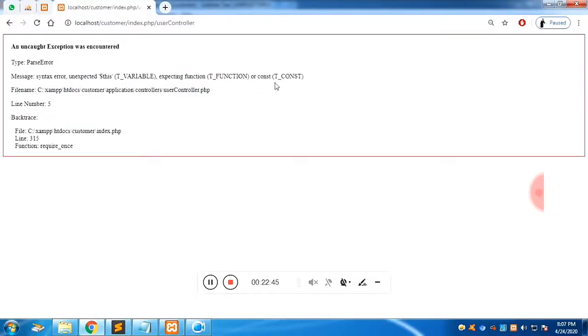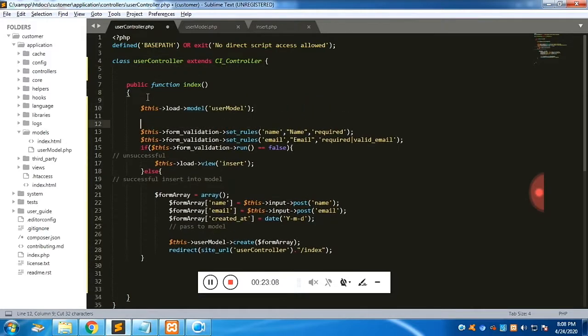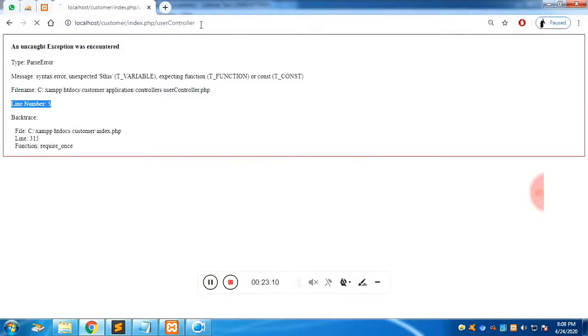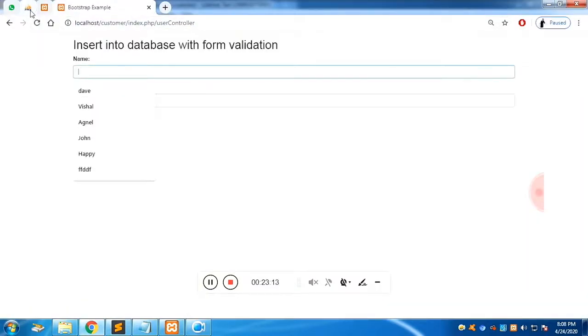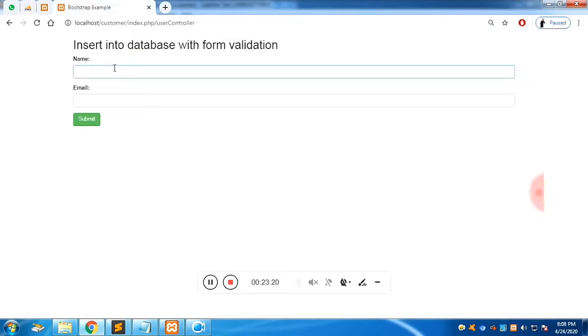Fine. Once we click it, it shows an error, because we have loaded the model in the wrong place. We have registered the model on the class, but we have to register the model on the function. Just cut it. It says line number 5 is the error. Just load the model inside the function, not the class. Fine. Once you click, once you enter, let me show you the database. Now it's blank. Ignore all. You can see these values are blank. Once I enter,